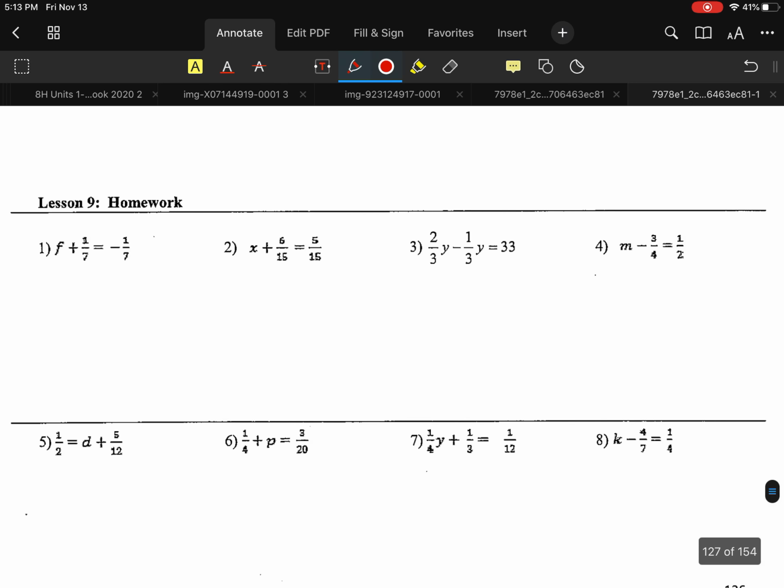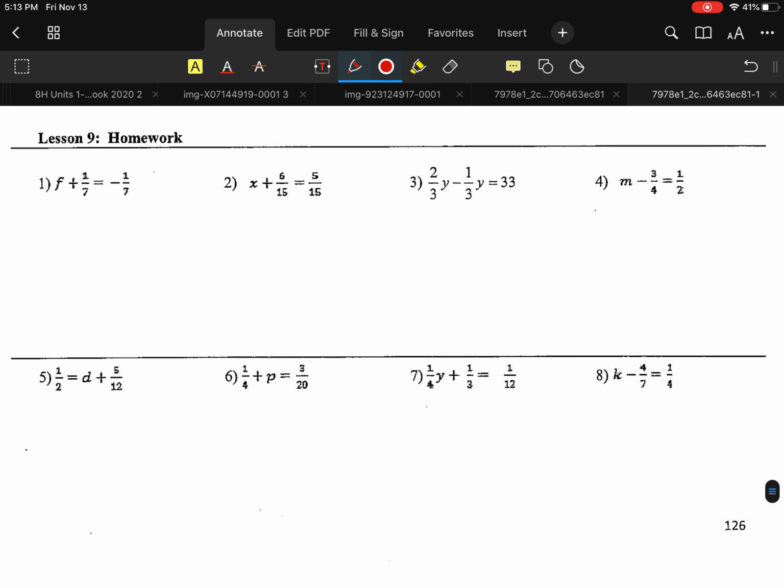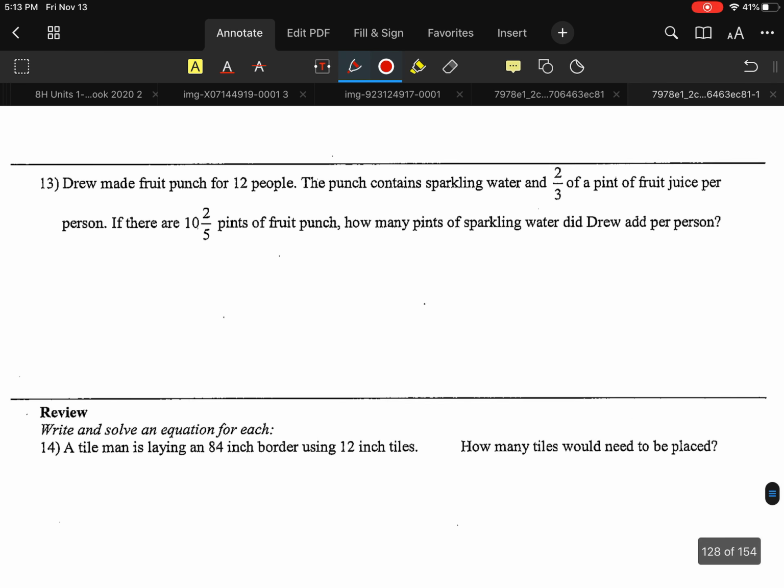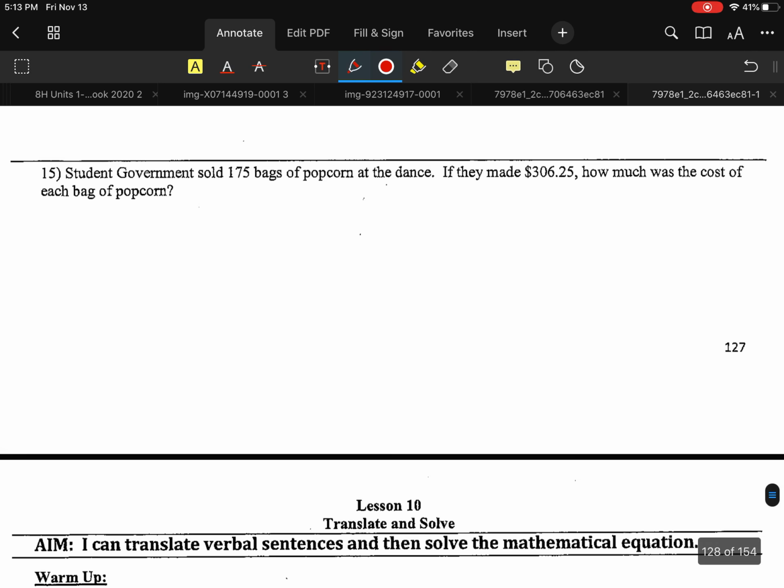We will do the try these in class together. As always, we will try to get through as much as we can as a class. And then the Google form questions will come from the bottom of page 126 where it says homework, and some from page 127. So it does spill over to the next